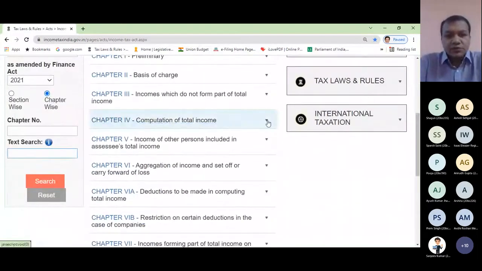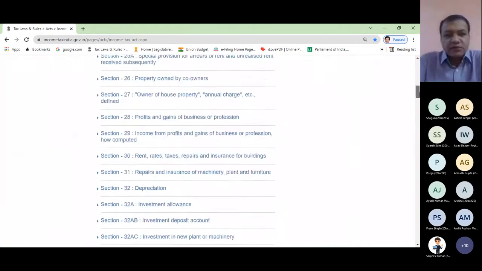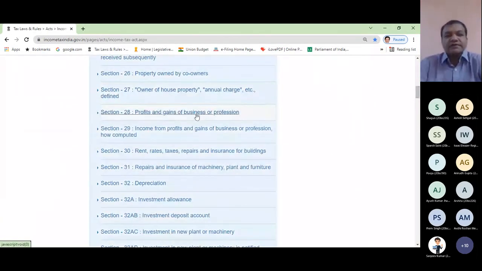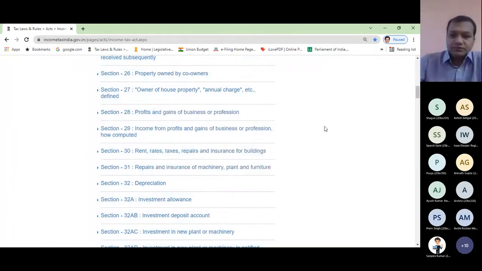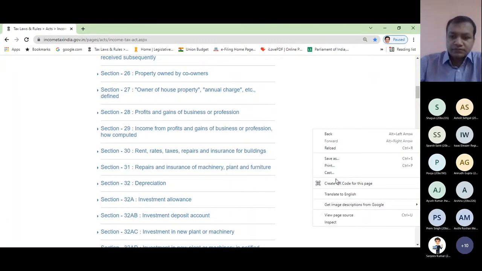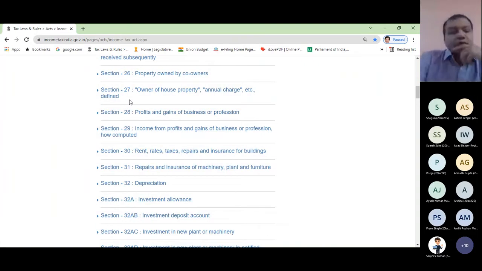This is my chapter 4, computation of total income as per the provisions of the IT Act. And in this, I will start from section 28 when it comes to PGBP. This is what section 28 is: profits and gains of business or profession. Till section 28, the topic house property was going on. So from section 28, PGBP starts and it goes on till